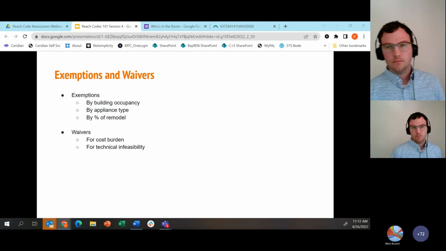And what we have seen with regard to electrification, at least, is that in 2019, a lot of the new construction reach codes had more exemptions, especially around things like laboratories and research and development kind of facilities and commercial cooking. And a lot of those exemptions actually have started to evolve out of the newer adoption of the ordinances.